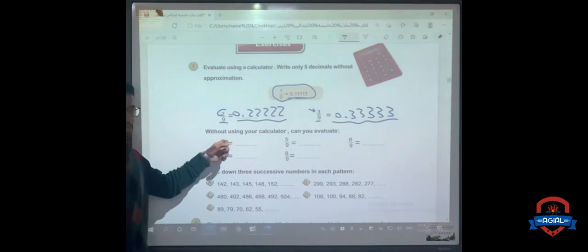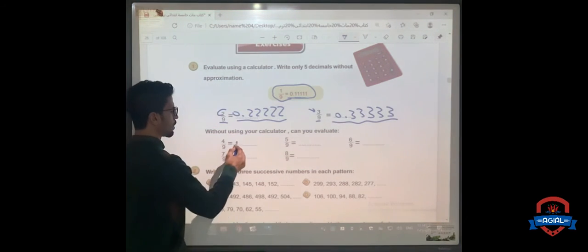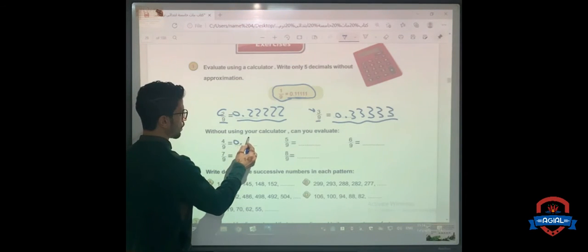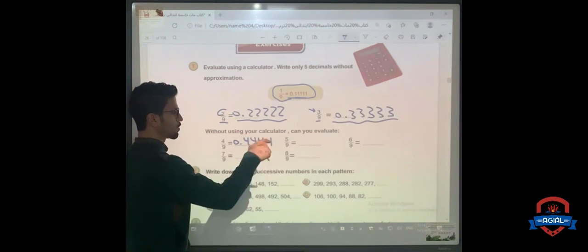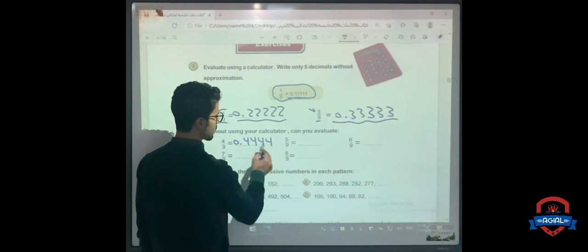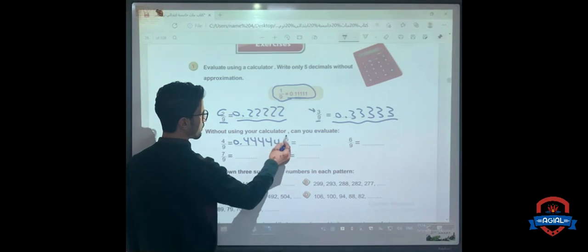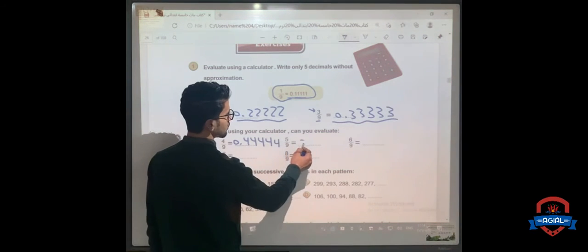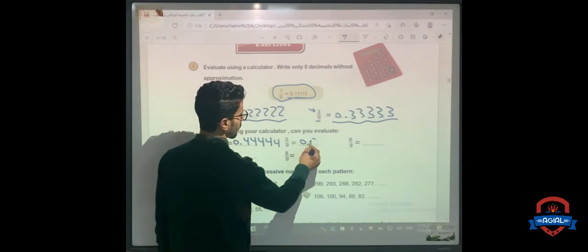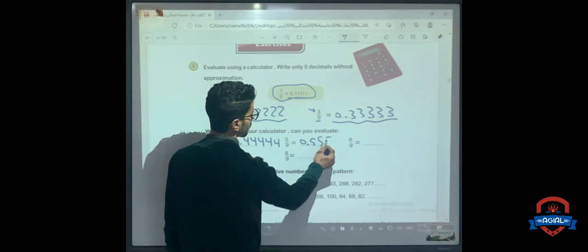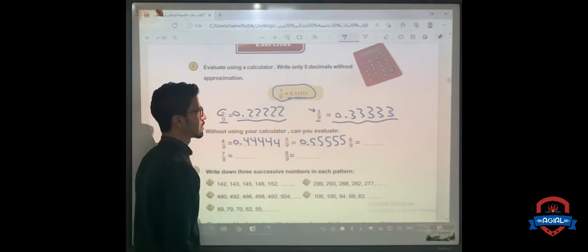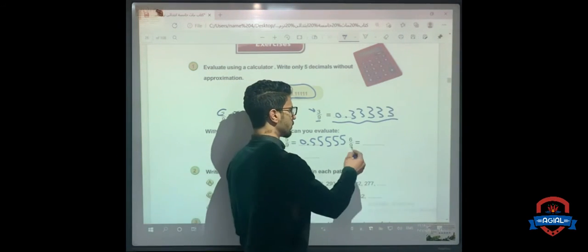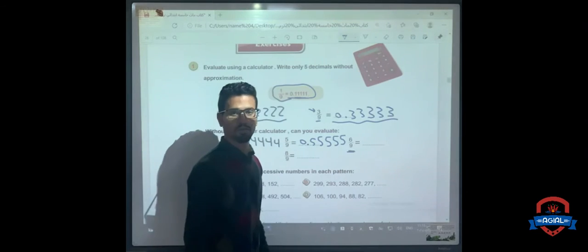So if we divide 4/9, the quotient will be 0.4444 and so on. And if we divide 5/9, we have 0.55555 for 5 decimals. And if we need to find the value of 6/9, we